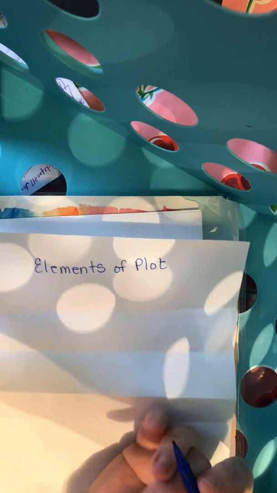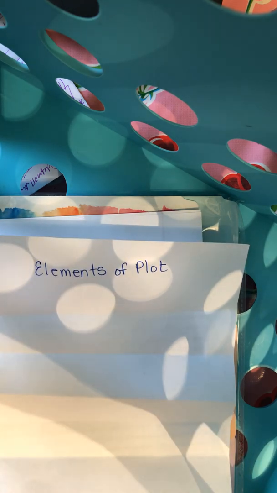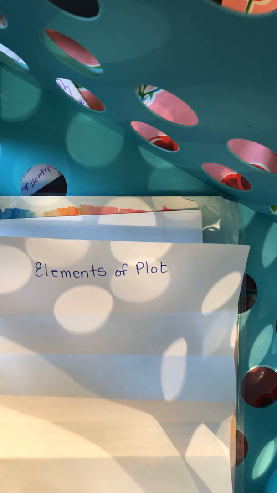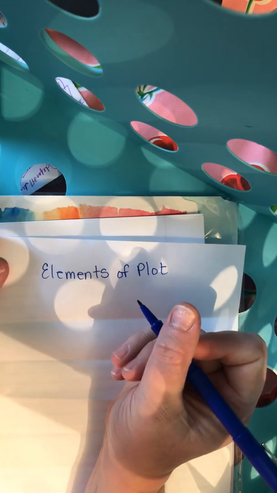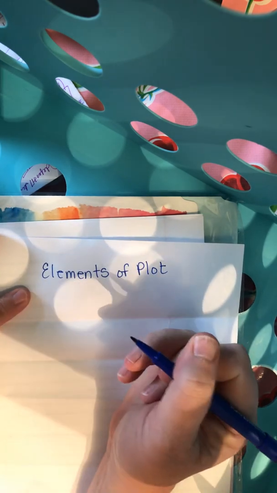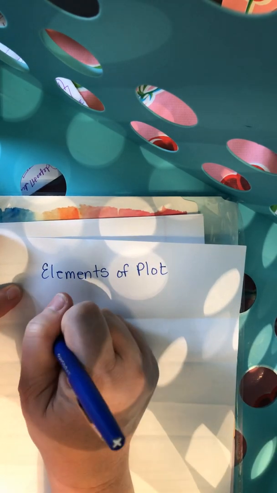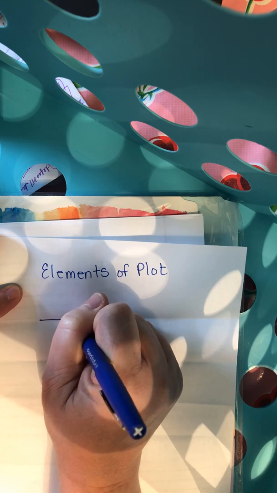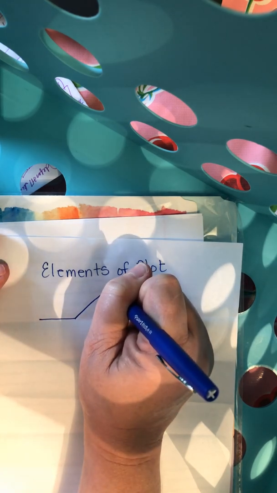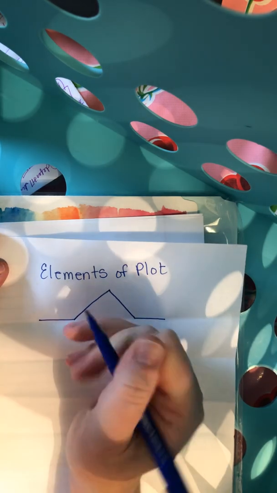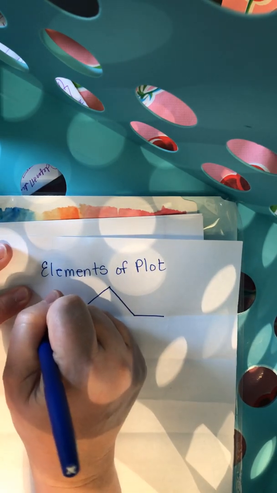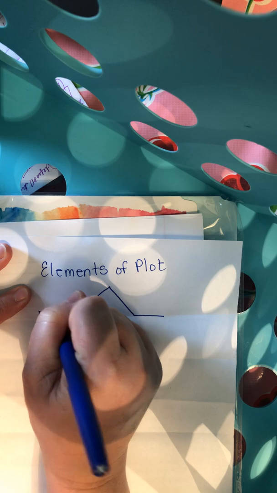All right, and then for the little top part, instead of using it as a section, I'm going to draw my actual plot diagram. So that's what all these little marks on the paper look like. It's like this, this, this, and this. And I'm going to label them. This is going to be exposition,